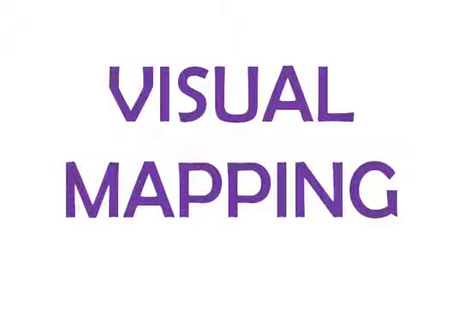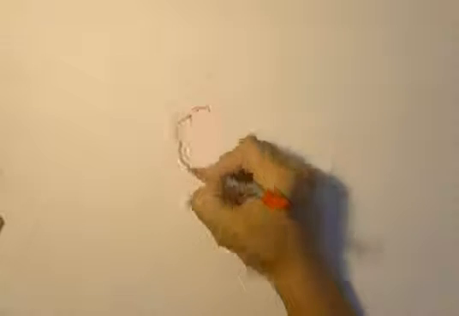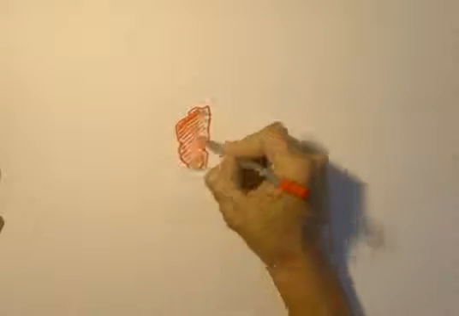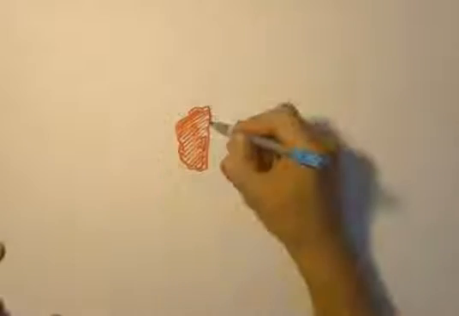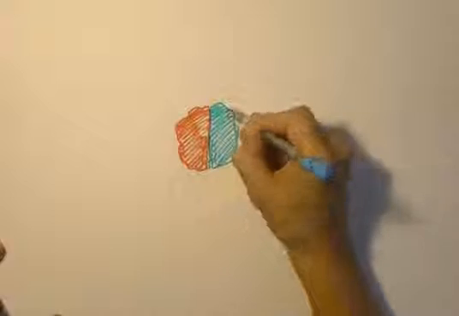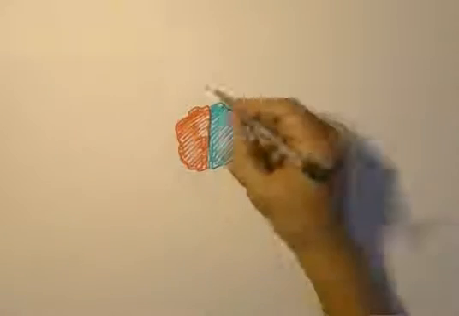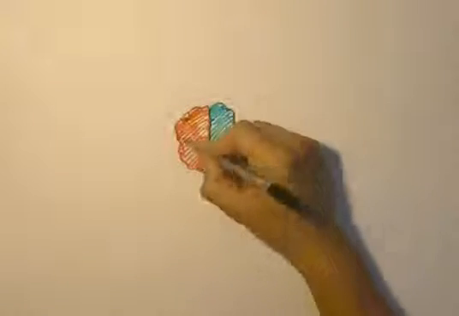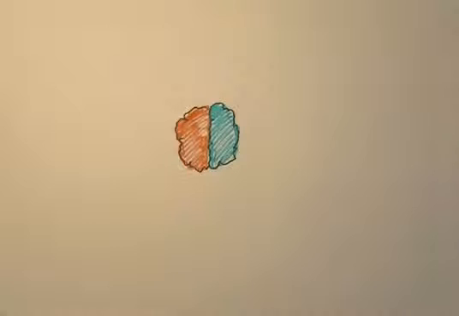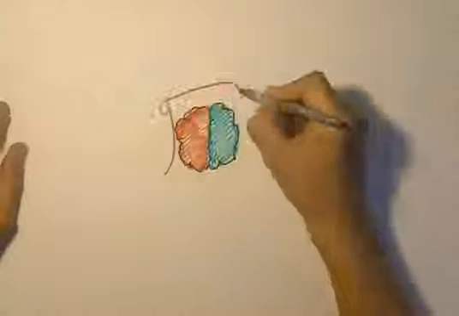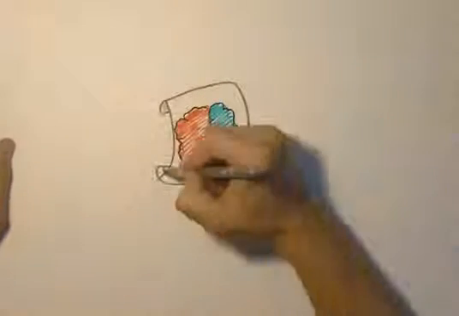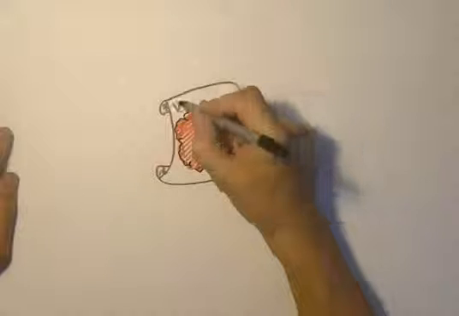Visual mapping is a technique that enables you to put information onto a page in visual form. The map always begins with an image that should be drawn right at the center of the page. Ideally, the image should be more than 3 different colors so that your eye is immediately focusing in on it. And what we have here is an image that is associated to what this is all about, and this is